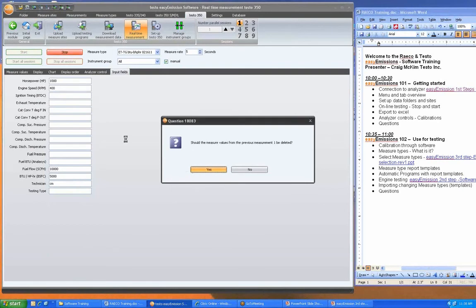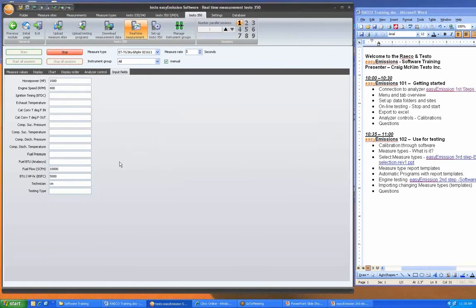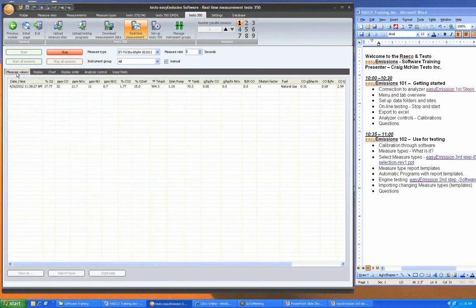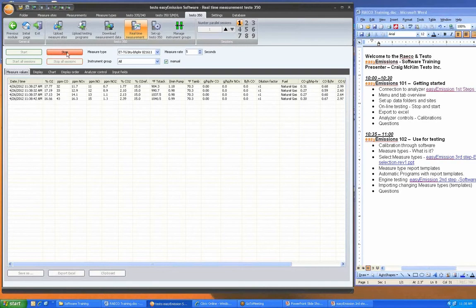So by putting in the proper input parameters, it'll start calculating out. Here's now our grams per horsepower hour based on those fictitious things I put in there. So now it's all calculating it out on your grams. If I say stop,